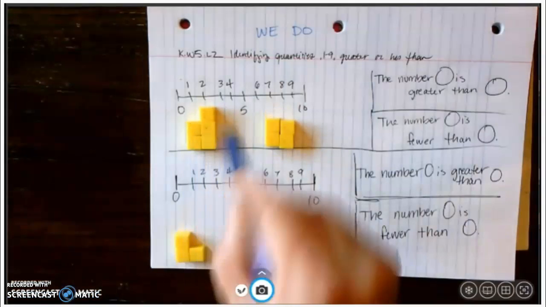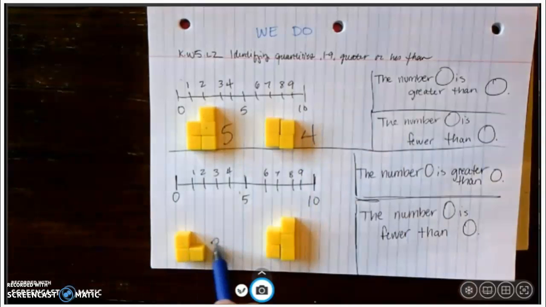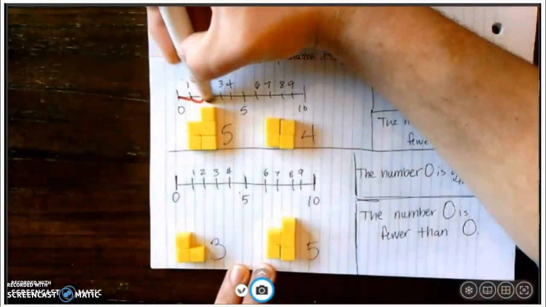1, 2, 3, 4, 5. 1, 2, 3, 4. 1, 2, 3. 1, 2, 3, 4, 5. I'm going to match them to my number line. So 1, 2, 3, 4,